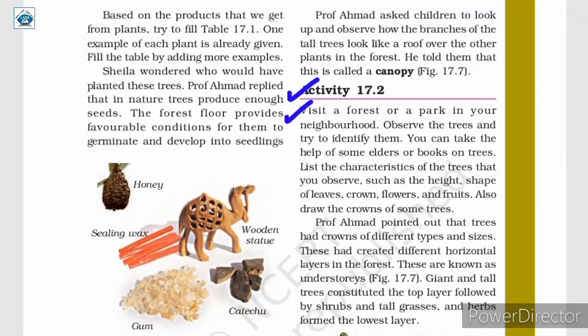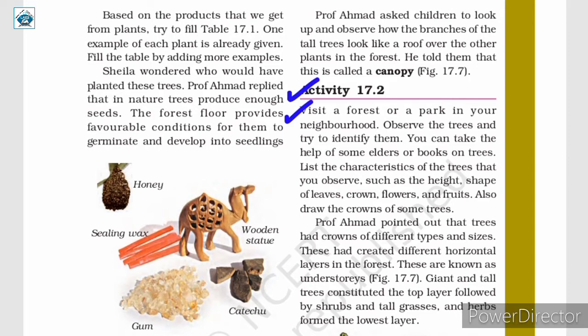So, you need to visit a forest or a park that is in your neighborhood and observe the trees in that forest or the park. You need to try and identify the trees that you have observed. In order to identify the trees, you can take help of your elders or you can even look up the names of the trees in a book on trees.